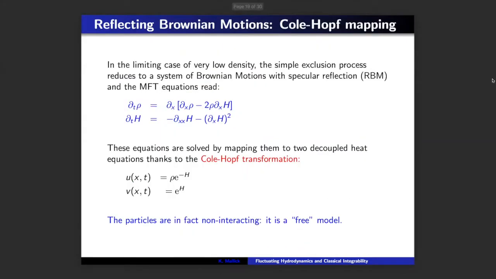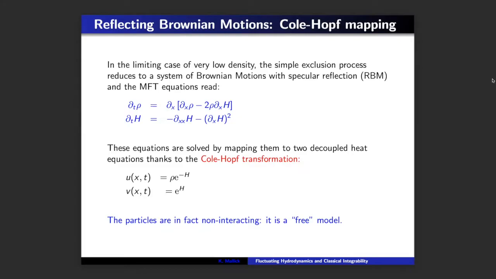And then the MFT equations become simpler, although they don't look so simple, but they are indeed simpler. And the boundary conditions I didn't write, but they also become simpler. And the very nice thing is that these equations, which are a bit Burger's type and so on, can be solved by using a canonical transformation, which was very useful when people studied the Burger equation, which is the Hopf-Cole transformation. If you change rho and h into u and v through these change of variables,